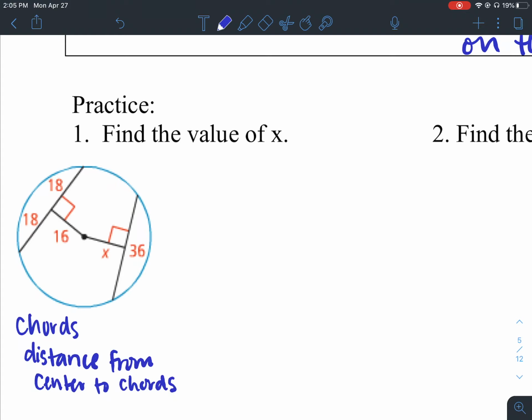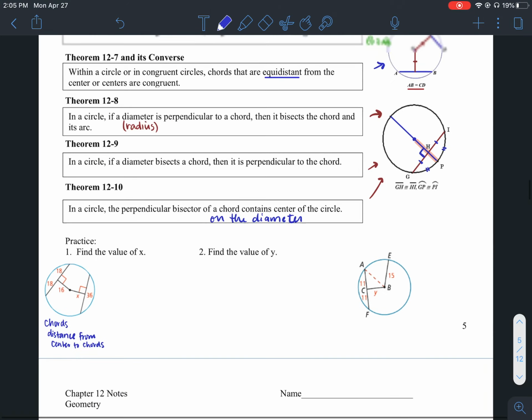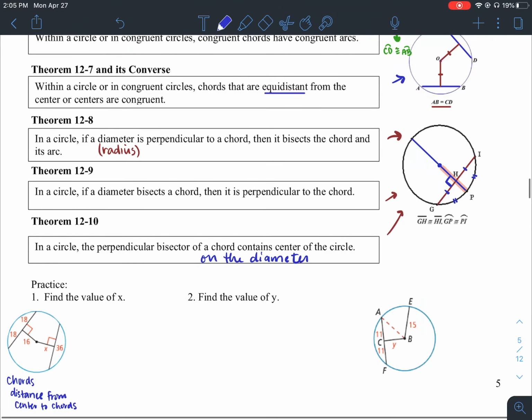So I want to look back at my theorems and say, okay, which one has a picture that looks like this or has these things, a center and distances from the center to the chords? That's going to lead me to this theorem